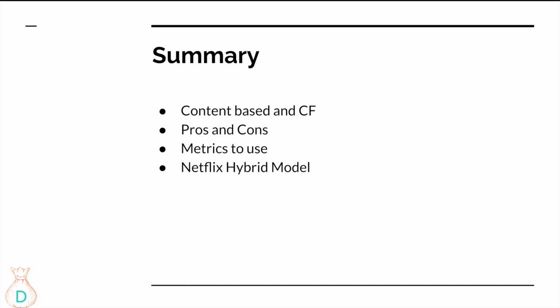Not every business has the same metrics, because the star rating isn't applicable to all businesses and products. And lastly, I talked about how Netflix uses a hybrid model, which combines content-based and collaborative filtering to create the best recommendation that will help you